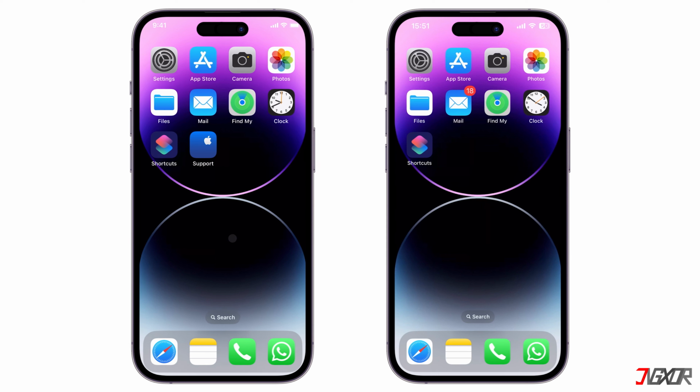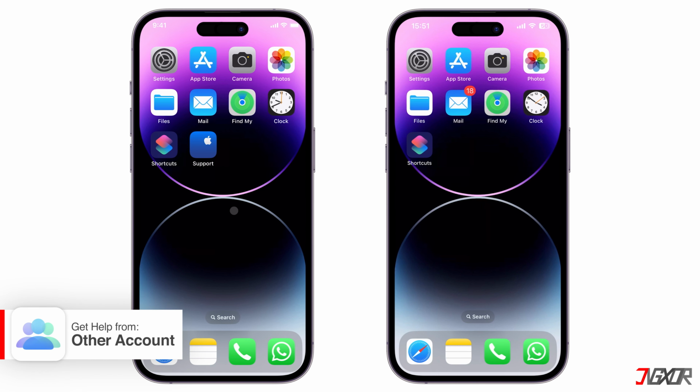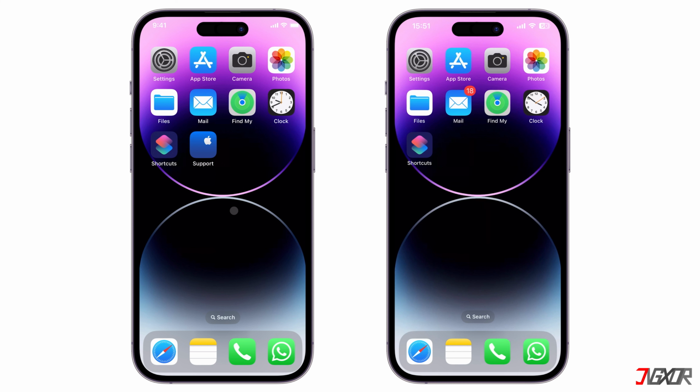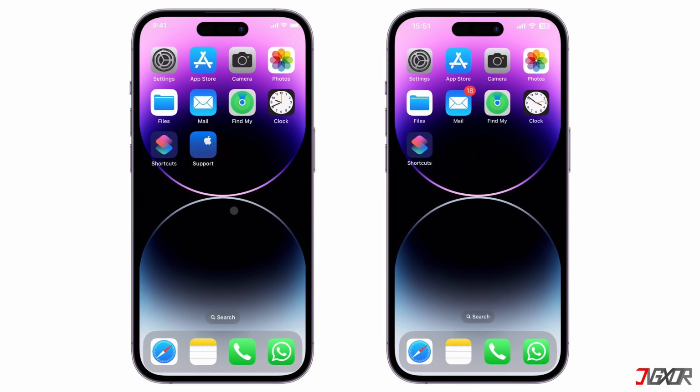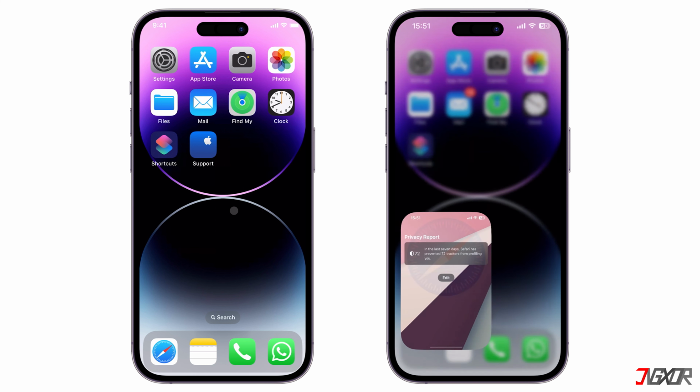As another option, did you know you can also ask a friend or family member with an active Apple ID to reset your password? Provided that the passcode is enabled on your iPhone and your friend's Apple device is running iOS 17 or iPadOS 17 or later, this method will definitely work for you. All your friend has to do is open the browser and visit